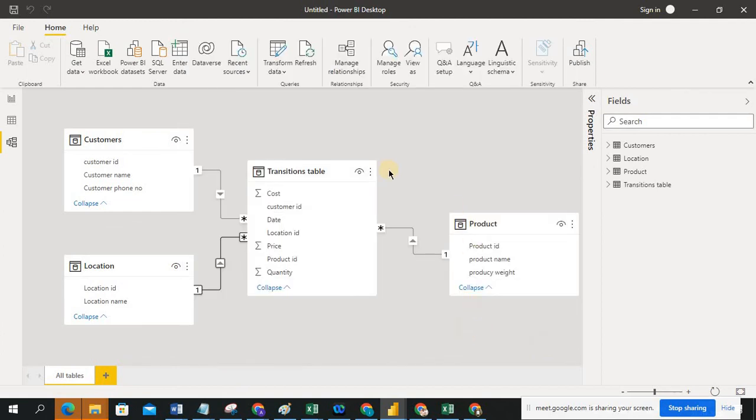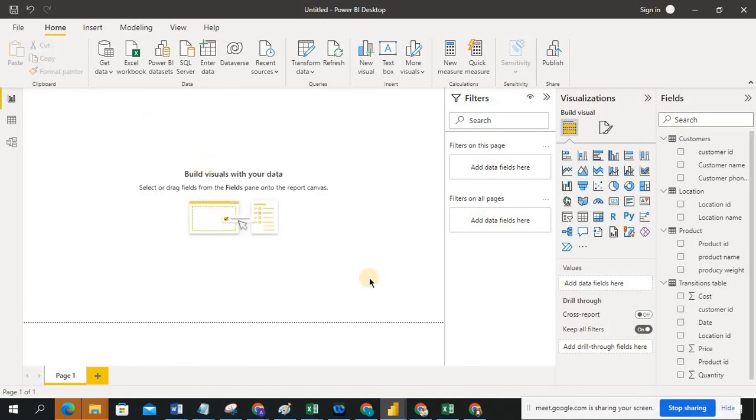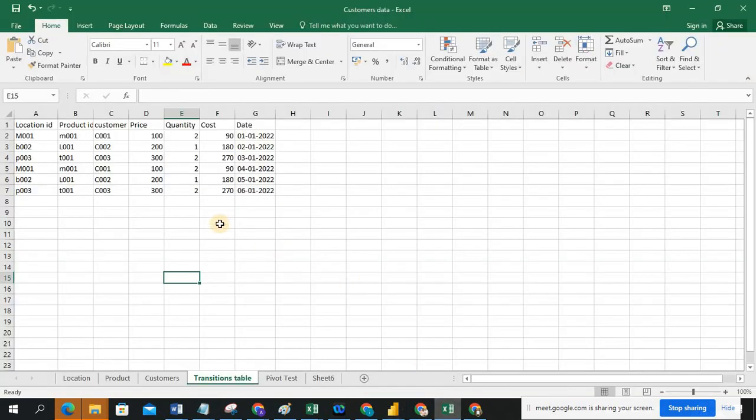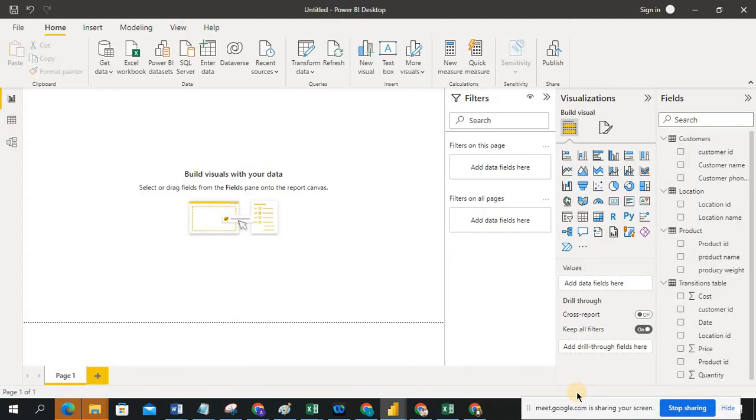Now I have built my data model. My data model is ready. Now I do my development. Just go to the report view. I want to see the sum of sales here, the sum of price. First I have to check the sum of sales. The price is nothing but the sales, and here you can see 1200. Now